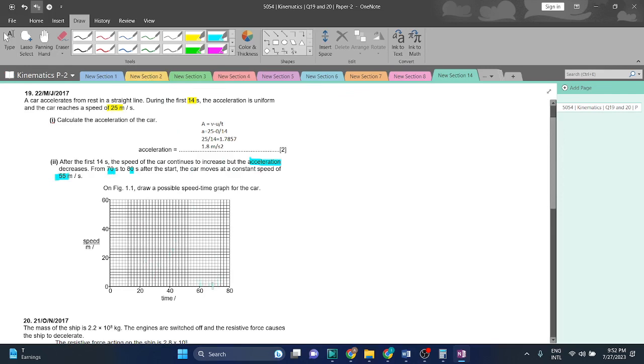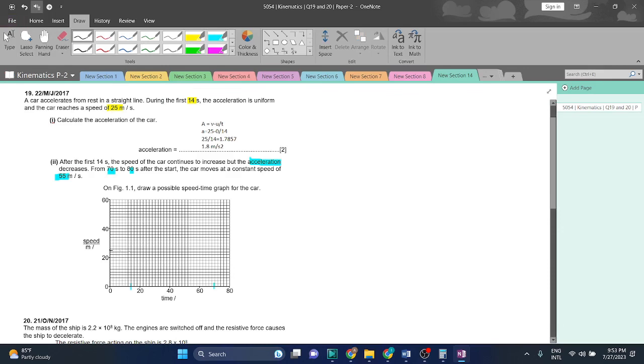अच्छा पहली बात 70 will be here, और उसके बाद पहले after first 14 seconds, 2 4 6 8 10 12 14, this is the first 14 seconds. अच्छा पहले 14 seconds में कितनी गई है कार, the car has increased 25 meters per second, तो जो पहली वैल्यू होगी